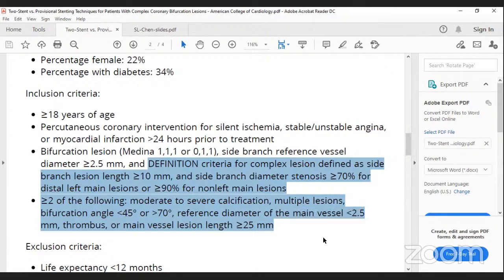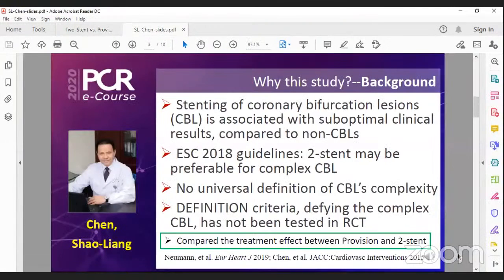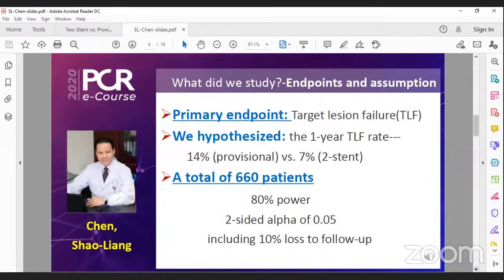After you take 1 major and 2 minor criteria, this one will be a Medina 111 or 011, and of course the side branch is more than 2.5 millimeters. So those patients are real life bifurcation lesions, which are mostly demanded to take 2 stent technique. They included them in the study, and as you see here, we compare between the provisional and the 2 stent technique. The primary endpoint, target lesion failure, of course, in 660 patients,